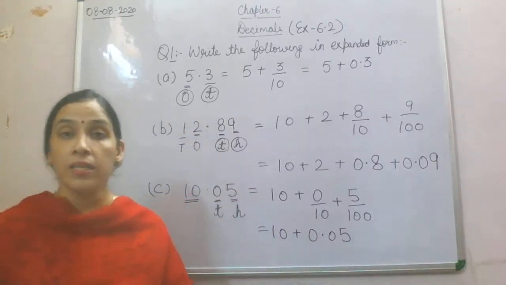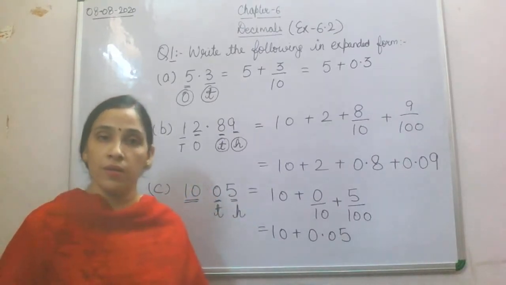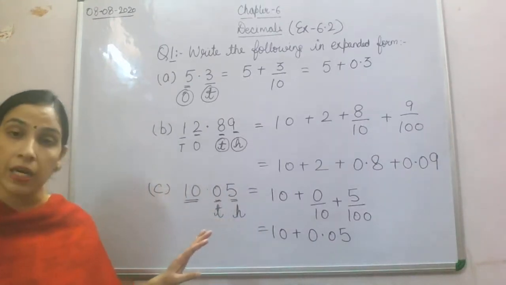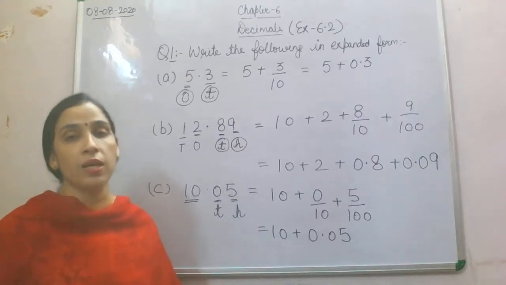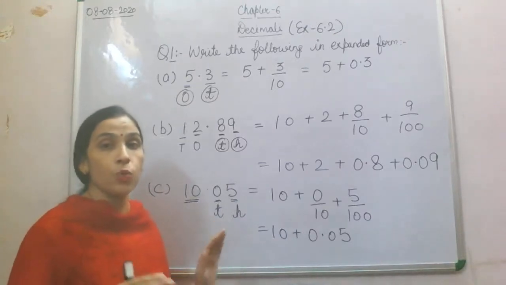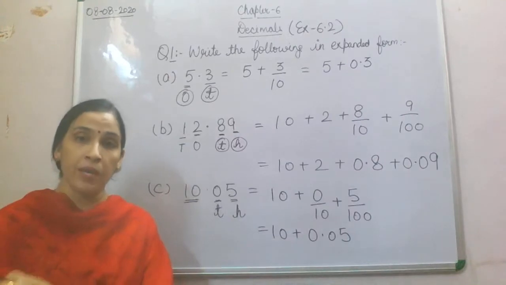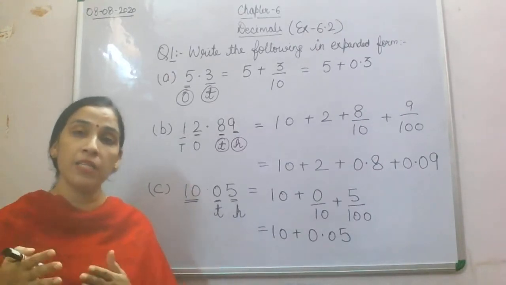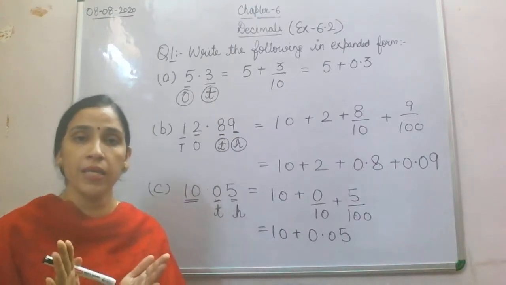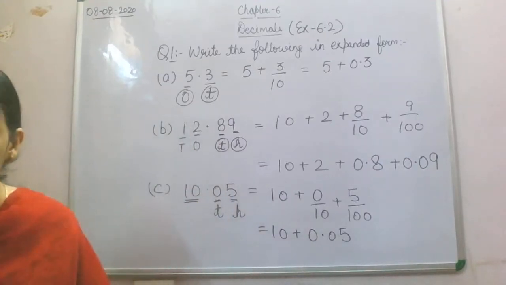Fine. If you write the place values here, half of the work will be done. If you write the place values like this, then half of the things will be done. You don't need to struggle much to do that question. If you write the place values, the whole number part and the decimal part, then half of the things will be done. Fine. And then what you have to do, the tenths place will be divided by 10 and the hundredths place will be divided by 100. After dividing it, then write it in decimal form. That also we have done in a previous exercise.